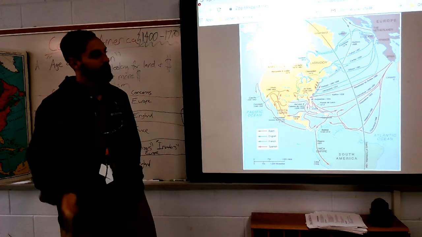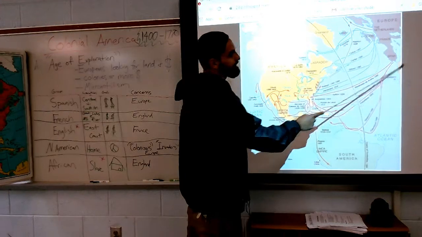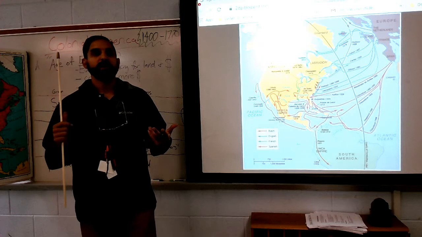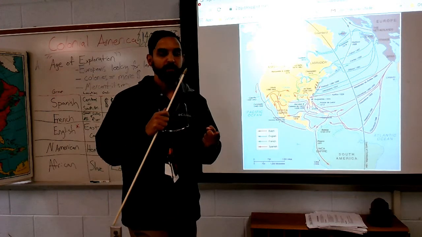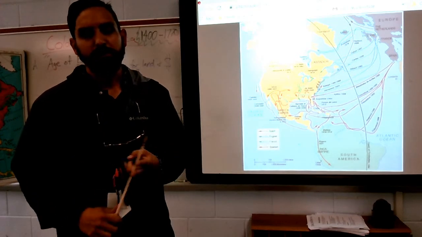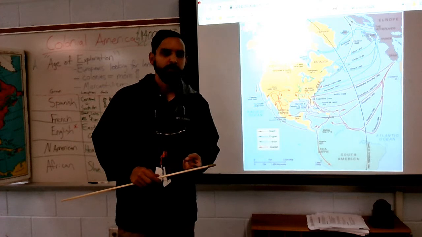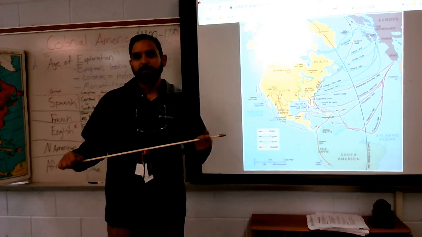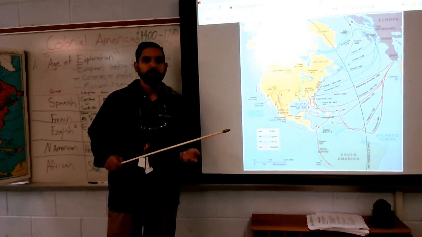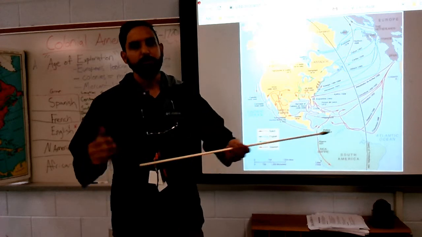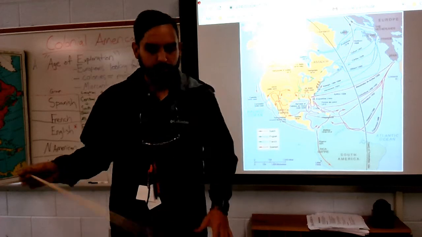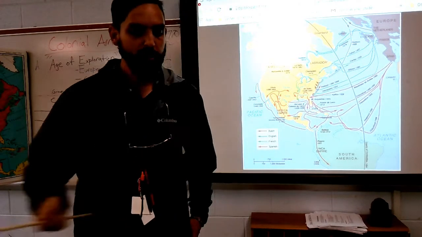Anyways, back to the original point. You have a lot of European countries all of a sudden discovering there's a big landmass here. With that, they have their eyes set on wealth. There's so many resources that haven't been discovered yet, like lumber and all sorts of different kinds of mines. Not to mention food products, because remember, this is the 1500s. They're not used to the farm animals we are used to today. Some of them still have yet to be discovered in America. Talk about that more later.